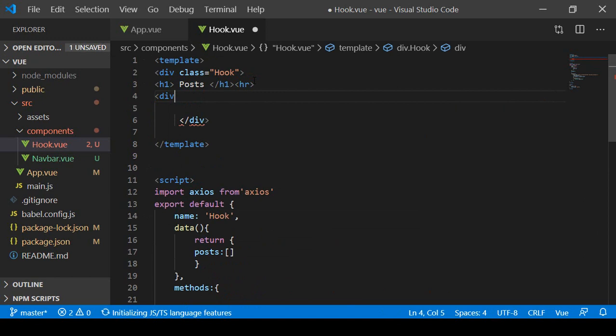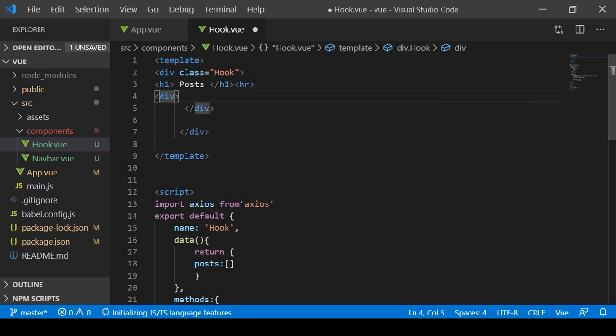So I just simply define the div, and also here I want to finish that div. So I just simply finish it. So into the div here, I want to define one of the condition as a v-for, I think you already know about it. So here I define a v-for condition, that means the for loop, and into the for loop